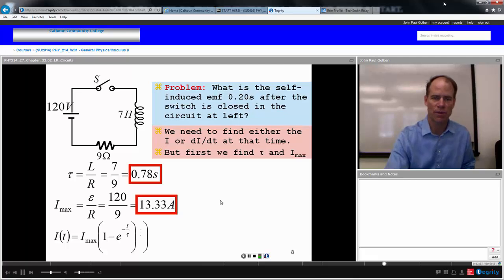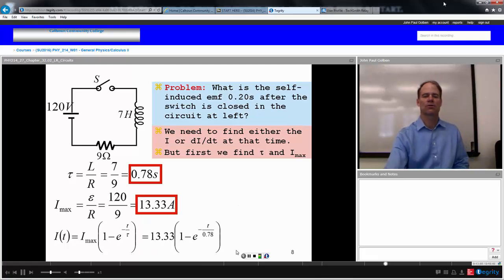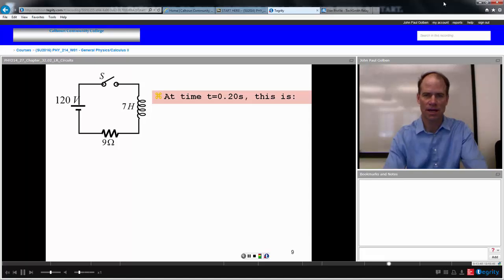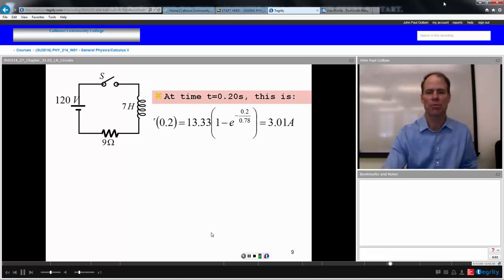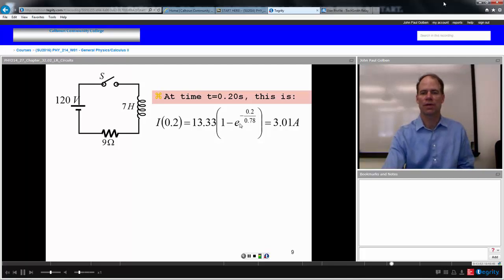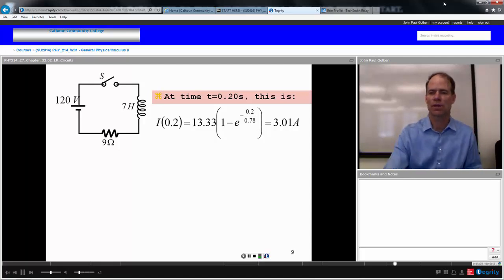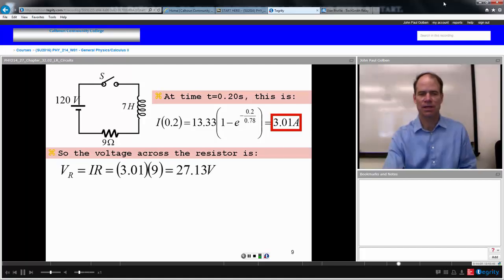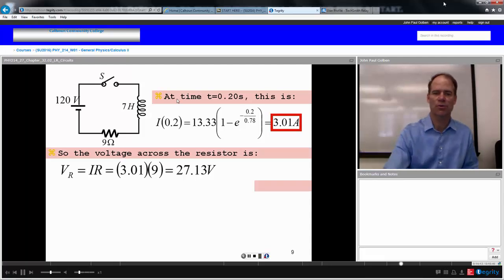I max times 1 minus e to the negative t over tau, 13.33 amps, 1 minus e to the negative t over 0.78, and that will be our current for all time. At the particular time of 0.2 seconds, our current will be 13.33, 1 minus e to the negative 0.2 over 0.78. If we do that calculation, we get 3.01 amps. So the voltage across the resistor in this case would be current times resistance, 3 amps times 9 ohms,